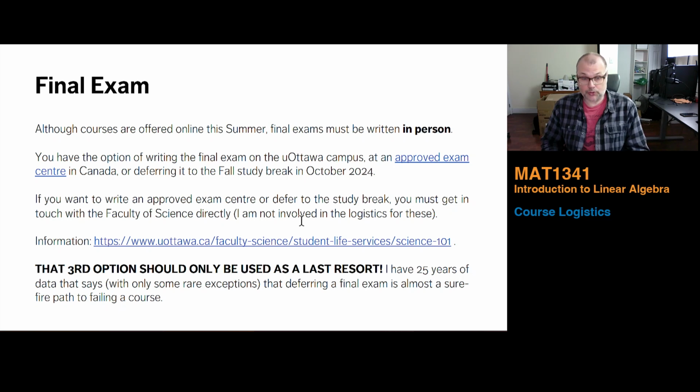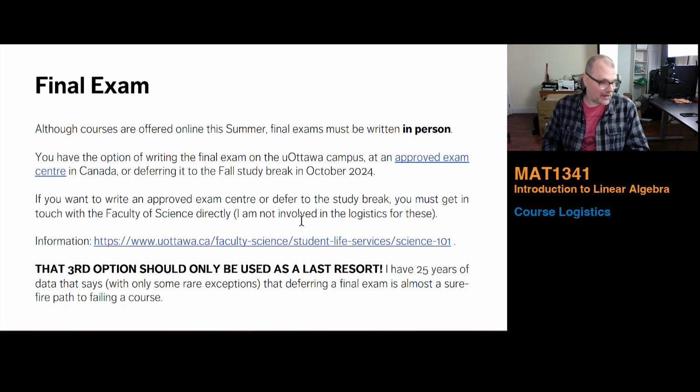I have to warn you that this option, the deferral, should not be used lightly. This is something that should only be used as a last resort. I've been teaching for about 25 years now. And I've got to tell you, there are some legitimate reasons for people to get a deferral. They're sick. Something else happened in their lives. Some people get COVID, but other things can happen as well. Legitimate reasons, and they still do as well two months later as they would have done when they studied. But for the most part, deferring is a mistake.